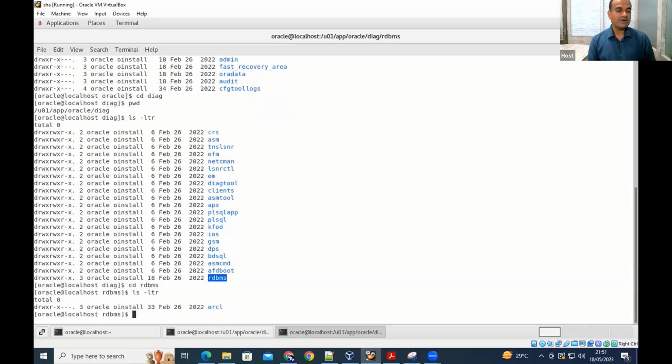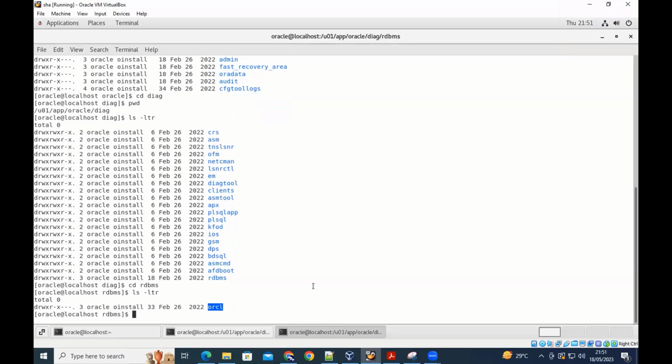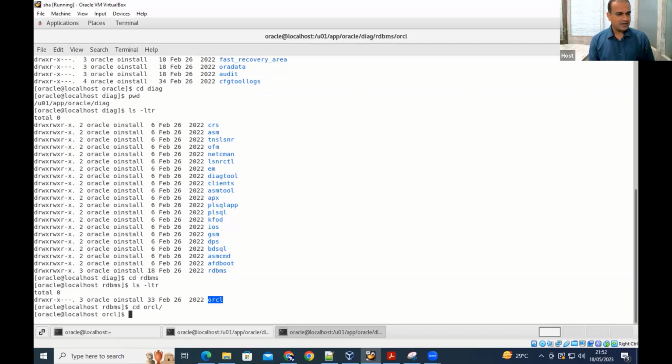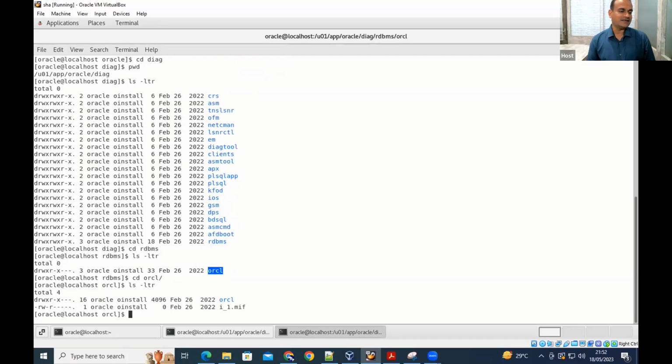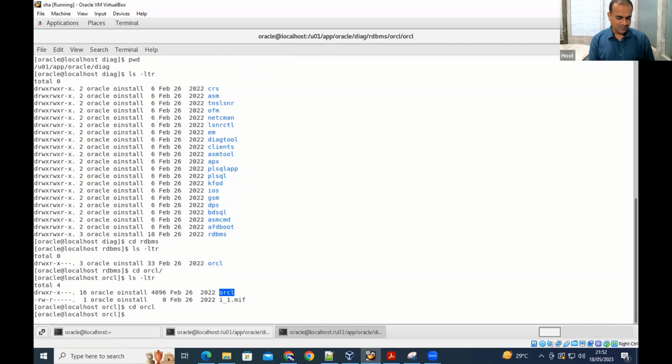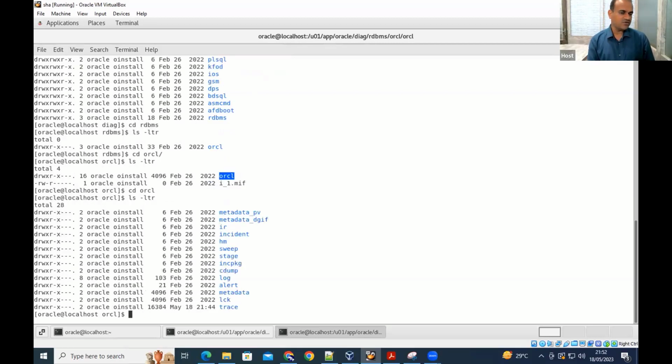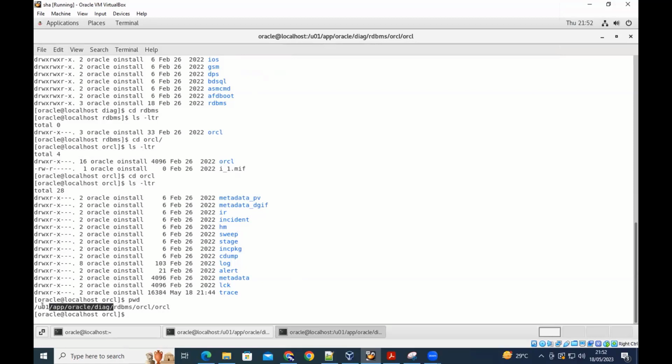Under RDBMS, see, this is the ORCL database. If you have 2 to 3 different databases in the same home, you will get 2 to 3 different folders. Here it's a single database, so ORCL is there. Under that, you will see another ORCL. You might be wondering why 2 ORCL? Just keep this as a suspicion, I'll tell you in due course of time. I don't want to overload you with information just to create curiosity. If you give PWD, we are in the diag, and under that